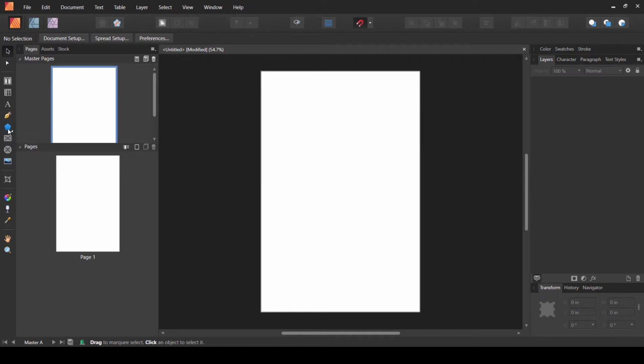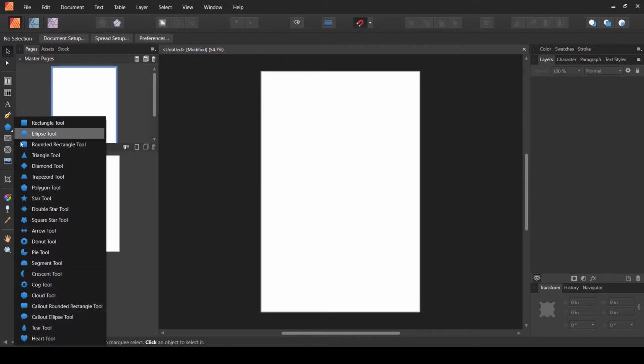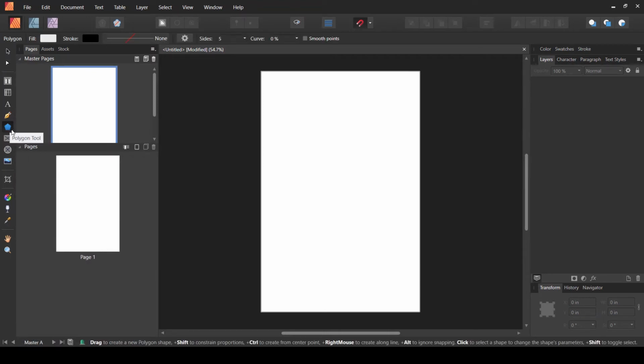For that purpose, I'm going to go to the polygon tool and choose this polygon option if it is not already there. In this polygon option, let's first select the sides. We need 6 sides instead of 5, so it's a hexagon shape now.